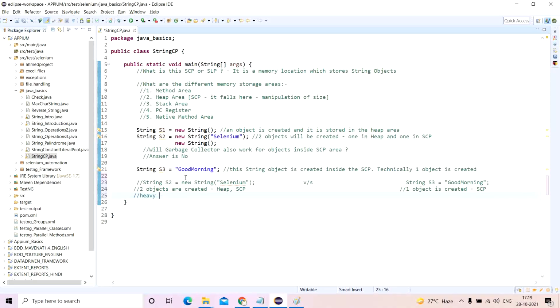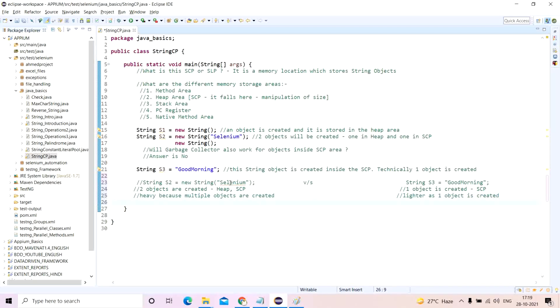So imagine you are going on creating objects inside an automation framework, one in the SCP area, one in the heap area. You are overloading it because it is getting heavier and heavier, heavy because multiple objects are created. And technically this one is lighter because only one object is created. Correct?